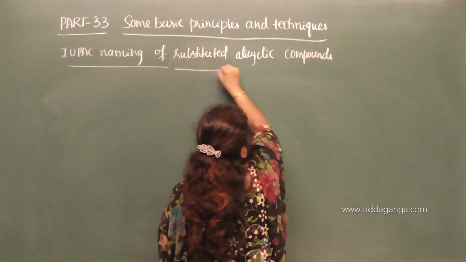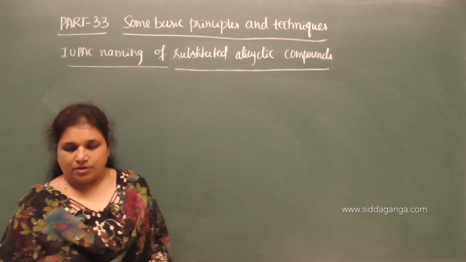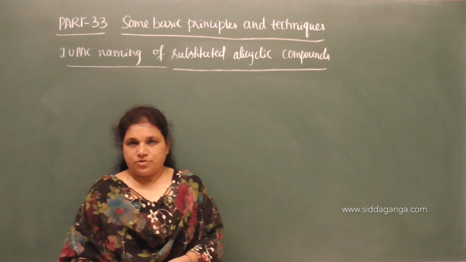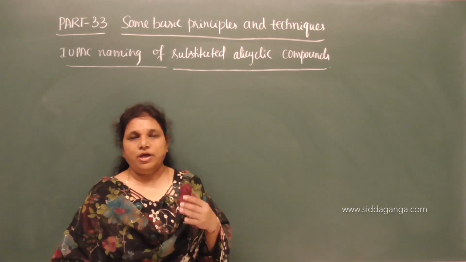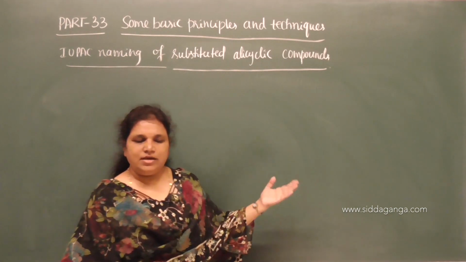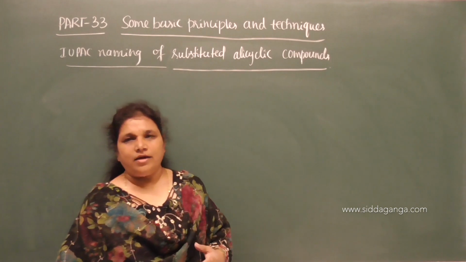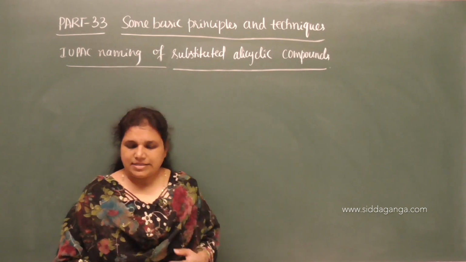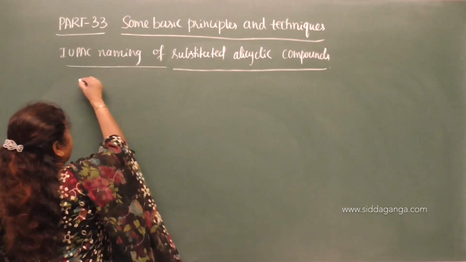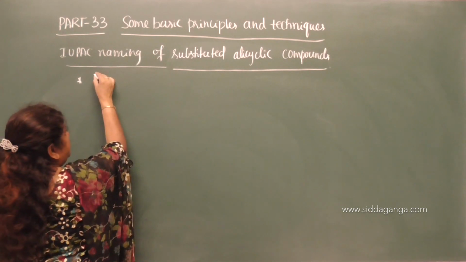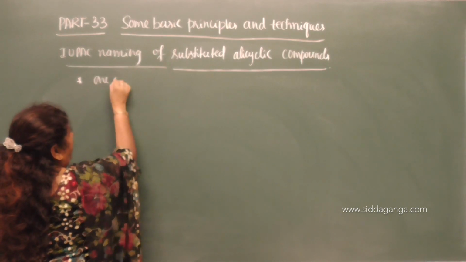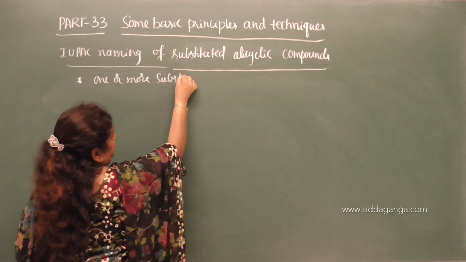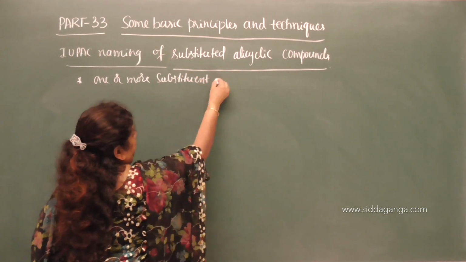Substituted alicyclic compounds. What may they be substituted with? They may be substituted with substituent groups, or with a side chain, especially alkyl groups. They may also be substituted with a functional group. Let us consider one by one. If it is substituted with one or more substituent groups,